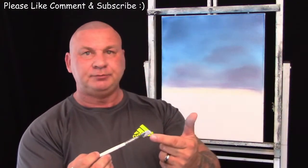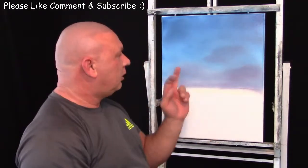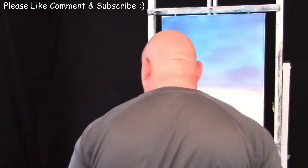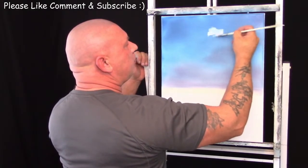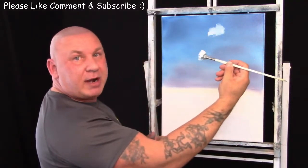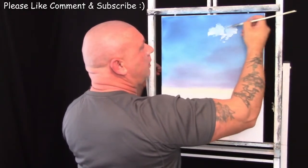and I'm going to use the corner, and I'm going to use it at that angle like that. I'm just going to do circular movements just across the canvas. So with that said, I'm going to start from the top, and all I'm going to do is apply pressure, and as I'm applying the pressure I'm just doing circular movements. Now I also will turn my brush around. When I get the blue on there, I'll turn it around to use the other side and continue just scrubbing in